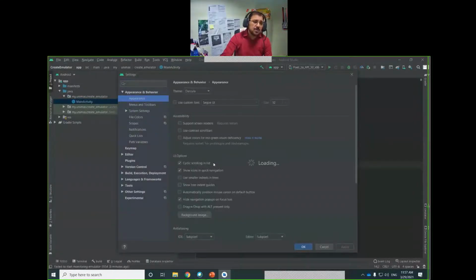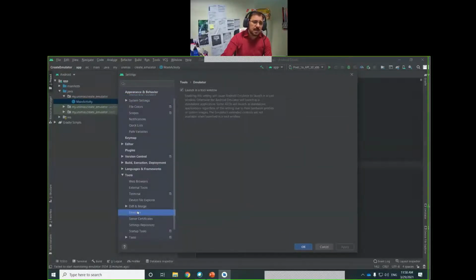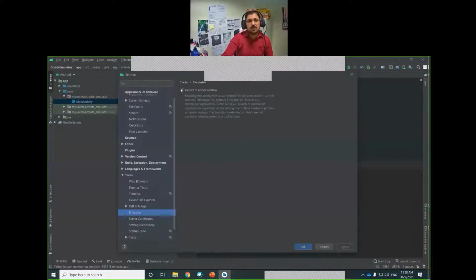Once you get Settings, then in the Tools, you will select Emulator, and then check this checkbox, launch in a tool window. If I remove this one, then my emulator will not display there anymore. But I don't want to do this, it will hang again.